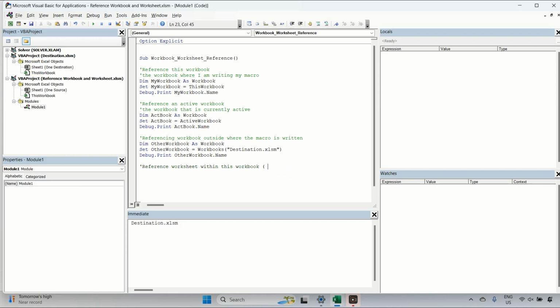Okay, so I can use the code name. And what's the code name here? It's sheet 1, not one source. Okay, so that's how we're going to do it. I'm going to dim worksheet as worksheet, and then I'm just going to say we use the code name, set worksheet equals to sheet 1, and then I'm going to debug dot print worksheet dot name. Okay, so I'm just going to set a breakpoint here,